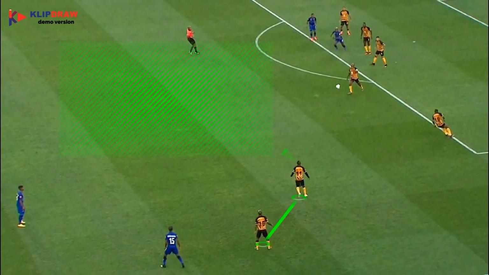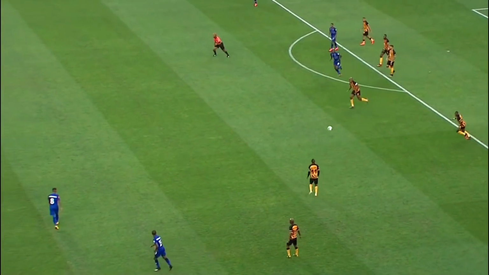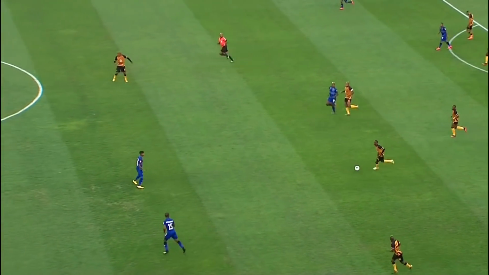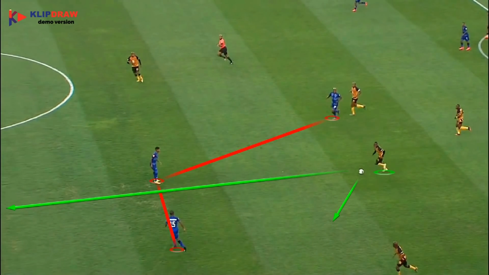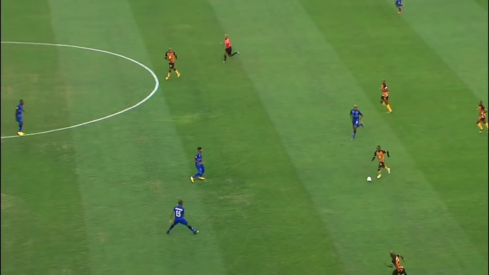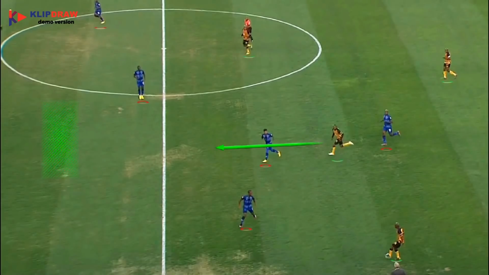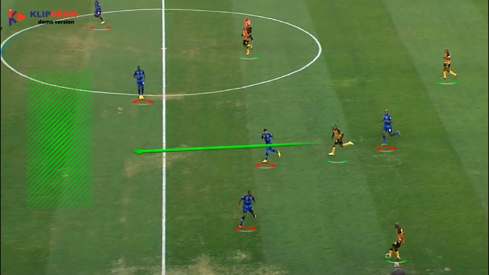He also had another option where Katsande is getting on the ball. Billiat sees the space and he makes the move into the space, still close to Ntiantia, and Billiat gets on the ball, reading the space that the Maritzburg defenders and midfielders are giving him, but he's really dropping deep to get the ball. He sees the space and he plays the ball to Ntiantia, and with his speed and